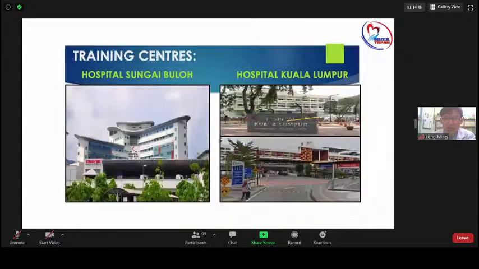For Malaysia, we have training centers. These are the two training centers for infection control pharmacists or clinical pharmacists who want to do AMS in a proper manner. These two training hospitals mostly cater to government staff first. For the private sector, I am not sure, so you may need to ask the hospital first whether they accept or not.